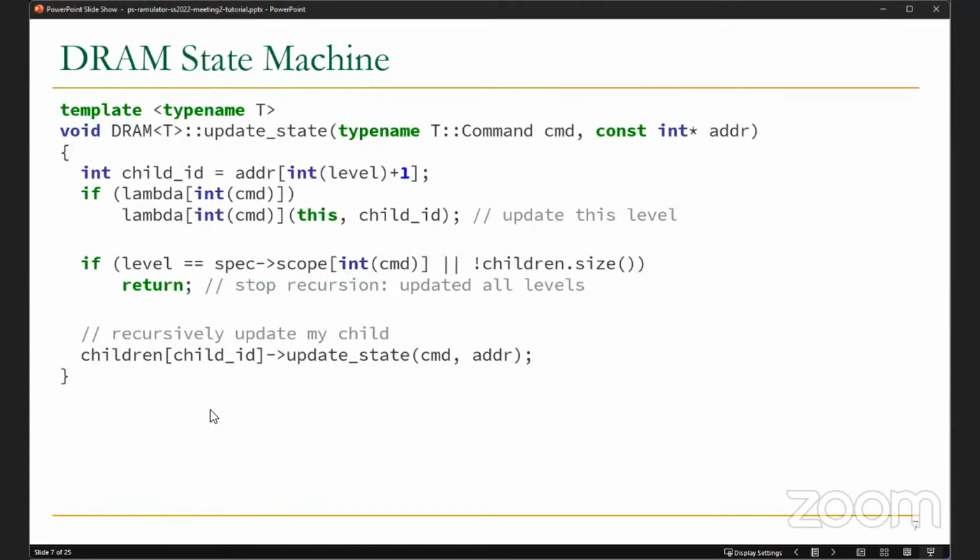So first, let's get into the implementation details of the DRAM state machine by taking a look at how Ramulator updates the state of the DRAM device recursively. As we can see here, let me enable the